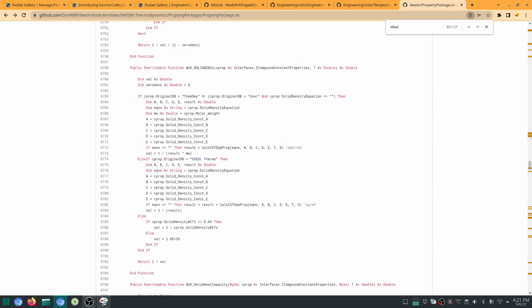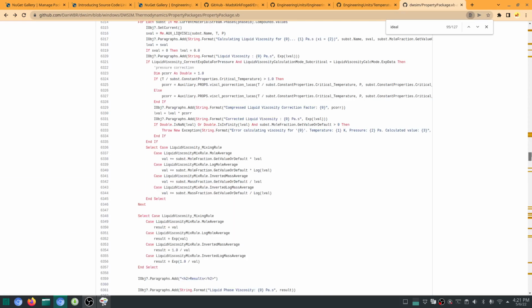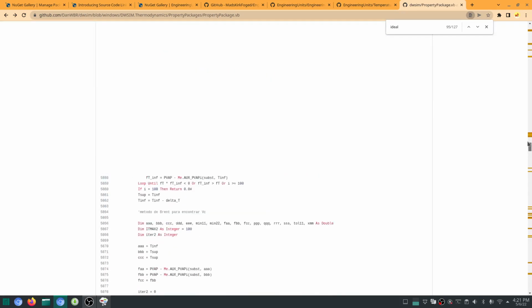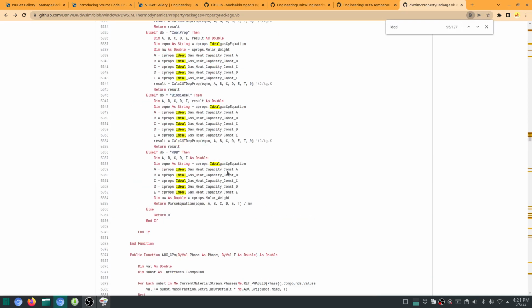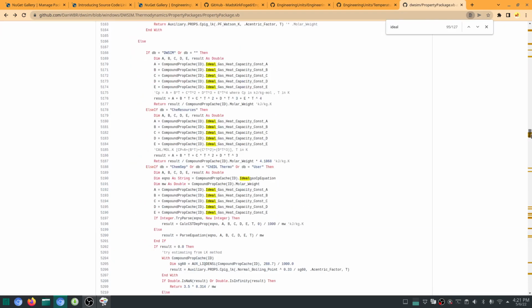Yeah, there's a lot of things here. What I'm looking for is where they look for the ideal gas heat capacity constants. So I have things like this: ideal gas heat capacity constants. And you see this thing right here: result CP equals to